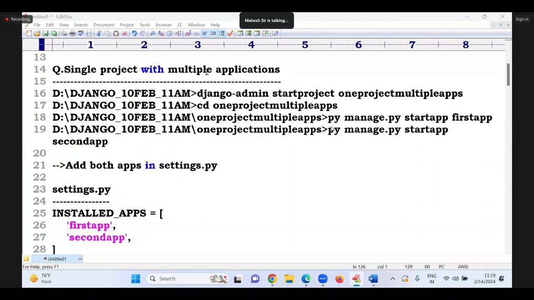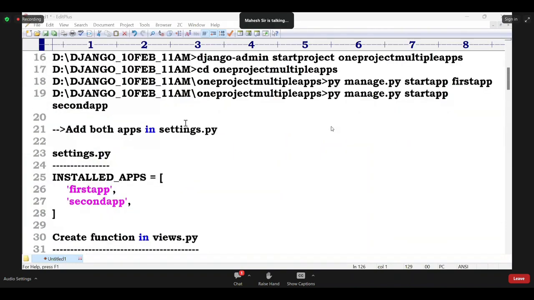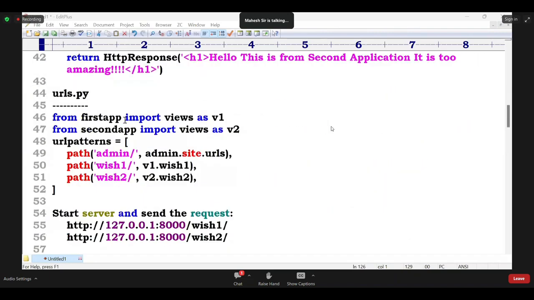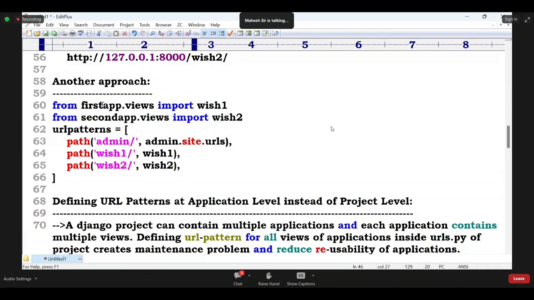Sir, single project with multiple applications, how we need to create it, the process is the same, but at the time of URLs the only difference is the import statements. If you're not using aliases like V1, V2, the second view will override the first view. That's why I can provide aliasing names. The second alternative way is to directly import the first app's view function and call it. The second one is